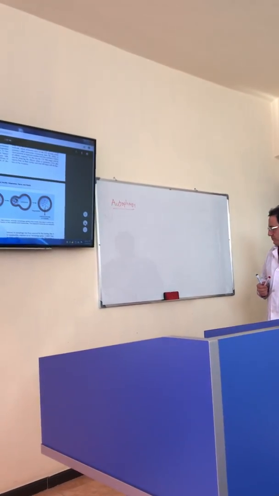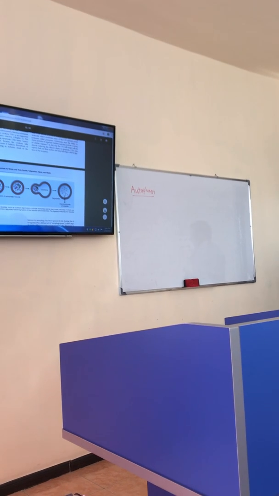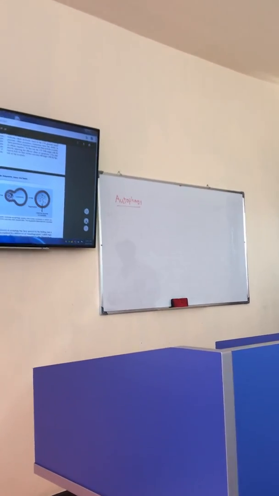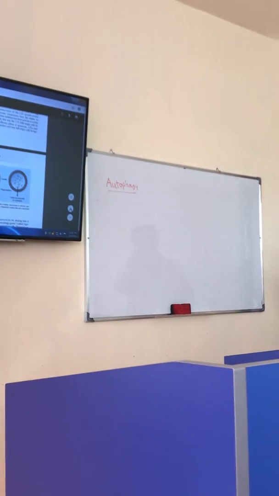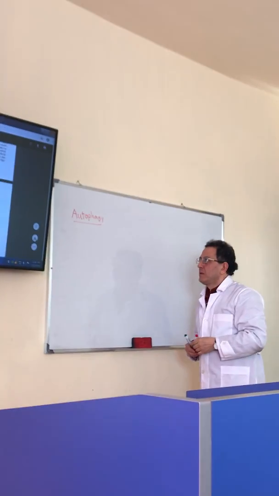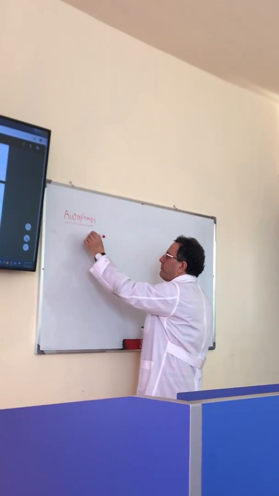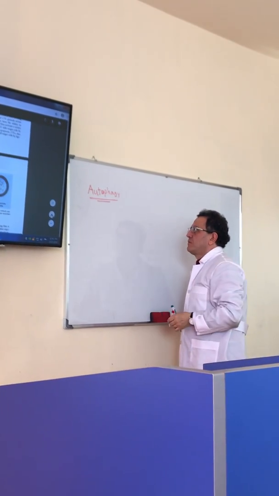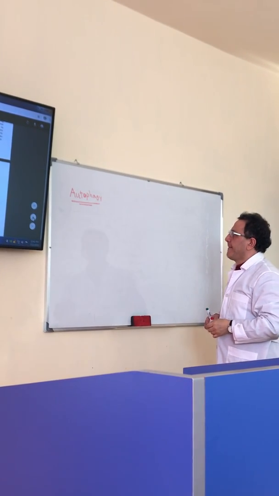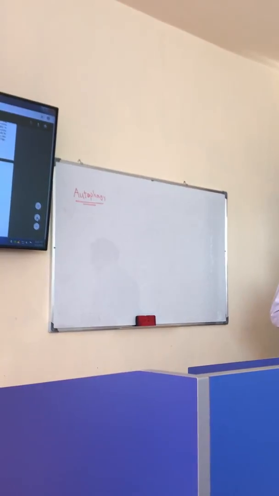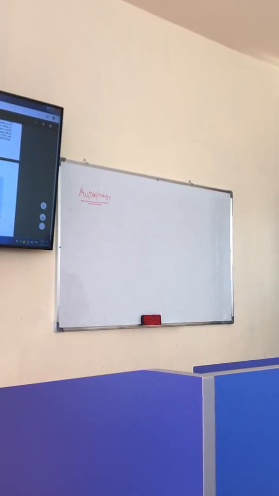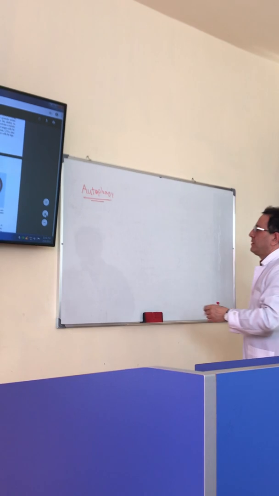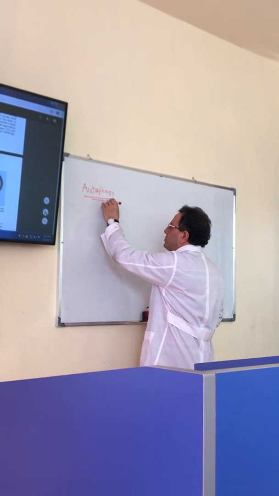When there is lack of nutrients, so the cell is starved, then it's a type of adaptation that the cell wants to survive. So there are low growth factors. Then there are some changes in cell